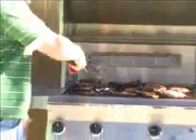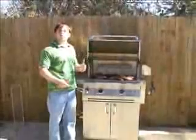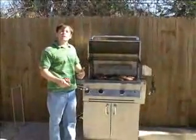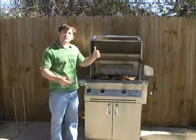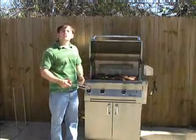And ultimately, as far as Solaire is concerned, with their Infravection models, having an infrared unit on one side and conventional burner on the other really gives you a whole lot of versatility, being able to cook certain things on high on the one end, and then on your other side you've really got a lot of different